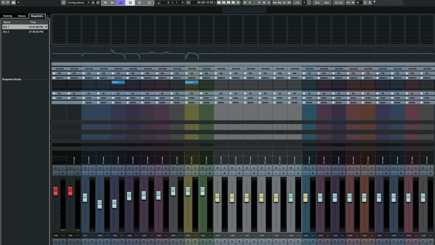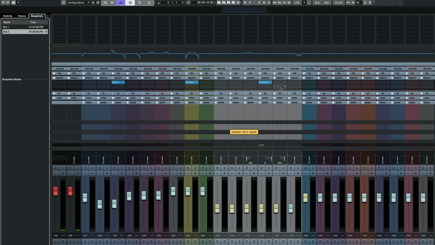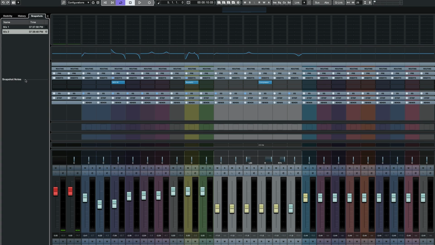You can see here, it's now reset the faders, it's reset the panning, it's got rid of that compressor that I had added. Alternatively, if I want to go back, I'll say OK, and there you go. It's now added the panning, the compressor, as well as some of the EQ that I had done. So pretty handy, nice little feature. You've got your snapshot notes that you can talk about right here, and Cubase will keep track of that. I believe you can have up to 10 mix snapshots per project, which is usually more than enough for keeping track of everything and having different mixes.